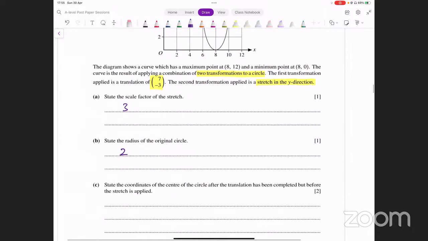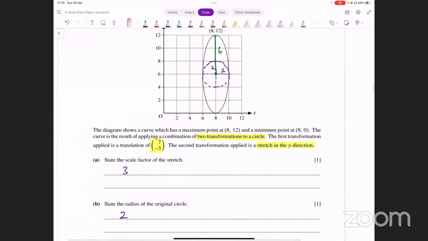Part C. It says state the coordinates of the center of the circle after the translation has been completed, but before the stretch is applied. अच्छा, so stretch को आपने reverse करना है। ओके अब ये कौन सी स्ट्रेच है? वर्टिकल स्ट्रेच है, वर्टिकली ग्राफ मूव हो रहा है।